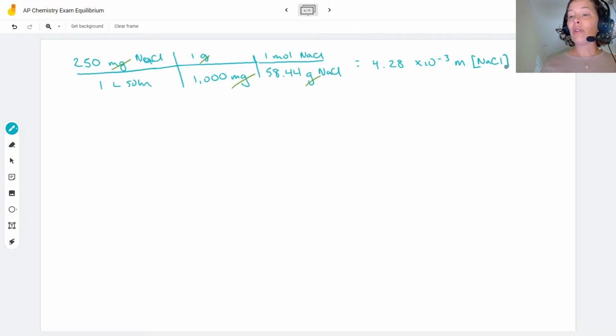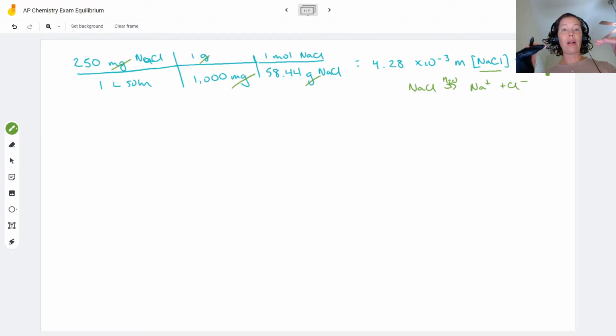Again, that is a concentration. This is also our concentration of chloride. So you do want to keep in mind also just generally your stoichiometry and your balanced chemical equations again. So when you put sodium chloride in water, you're going to get sodium ions and chloride ions. These are all in a 1-to-1 ratio, which is why I can say that these concentrations are equal to each